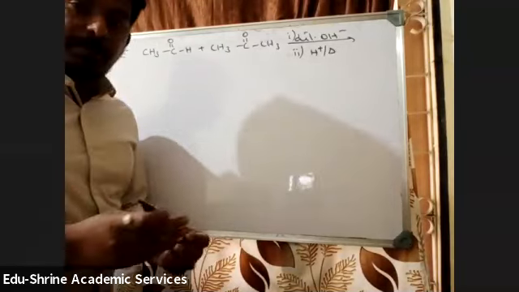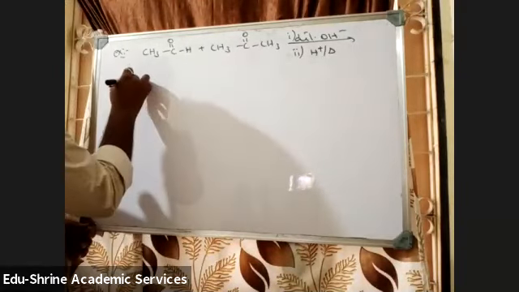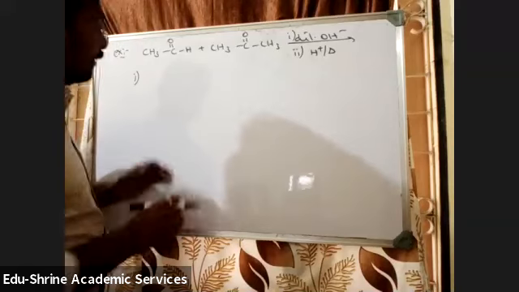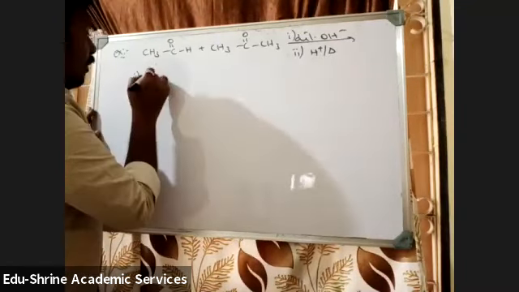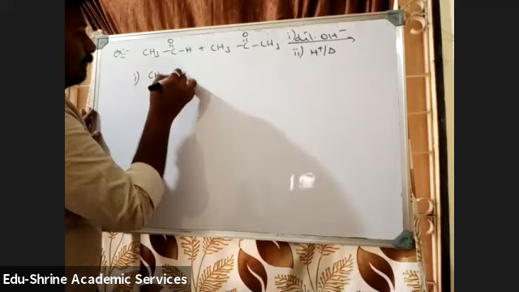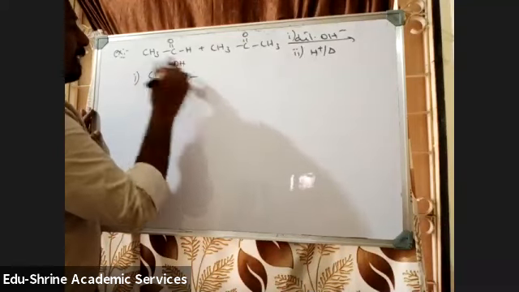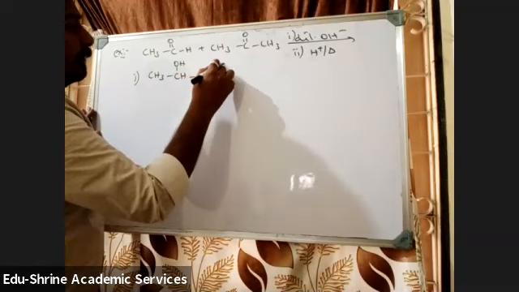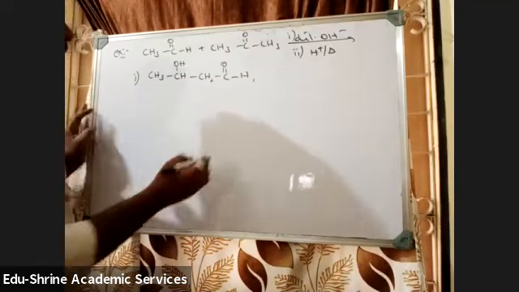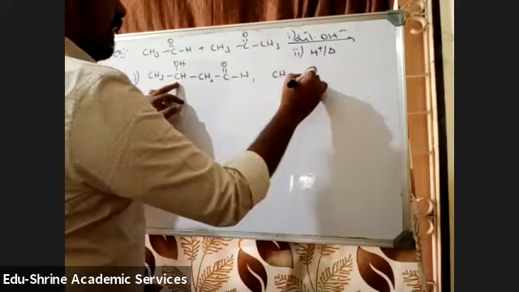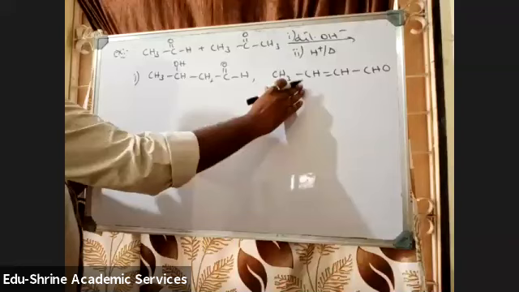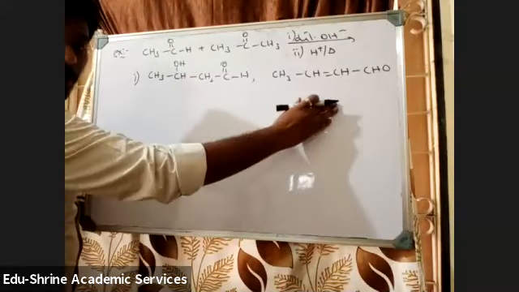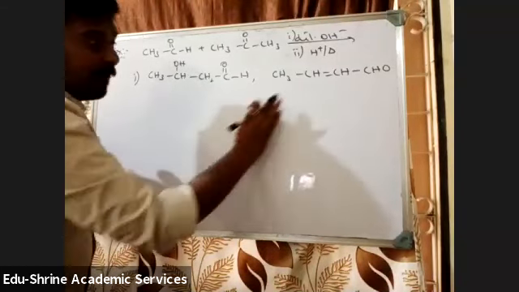Okay, see here, friends. Let me explain. The first product will be between 2 aldehyde molecules. So one will be converting into OH. From the other, CH2 will be attacking this one. And what will be the alkene formed? CH3-CH=CH-CH2. This will be the alkene. These are the 2 products. One is aldol, one is alpha beta unsaturated aldehyde. Okay. Second one.